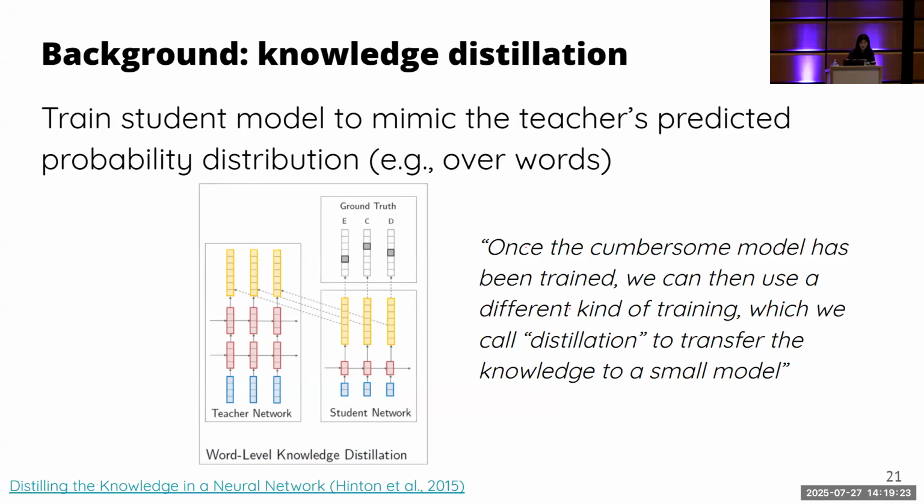The term knowledge distillation came from Hinton et al.'s seminal paper in 2015. As motivation in this paper, they discuss how large models have a lot of ability to learn structure and data, but they aren't suitable for deployment because of their size. And in contrast, small models are worse learners. They're less capable. They have less expressive capacity for learning the data, but they're more suitable for deployment because of their smaller size. So the idea of distillation is to first train a big model, which we call the teacher,